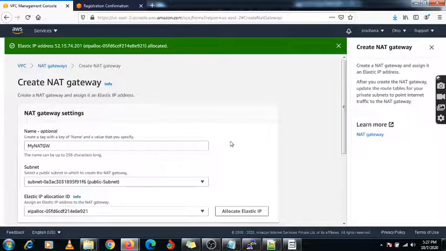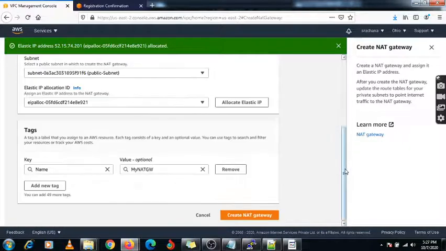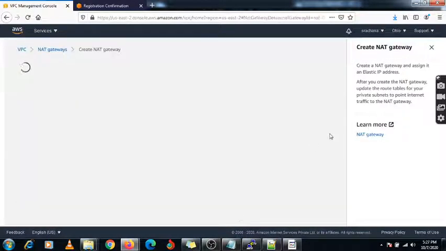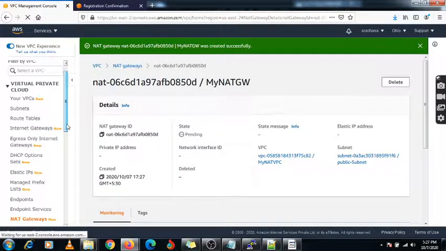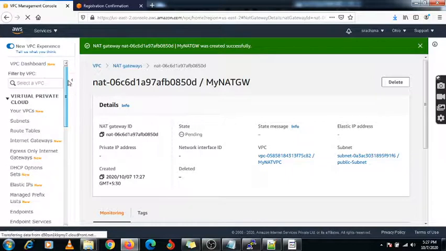This is paid, so you need to pay something to create this elastic IP. I am just creating my NAT gateway. Now it's showing the pending state. Till then we need to add it under the route table which we have created.